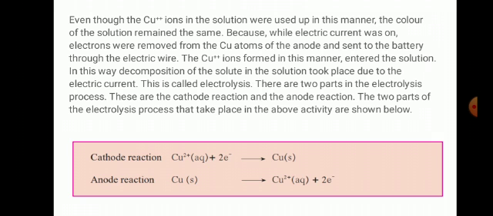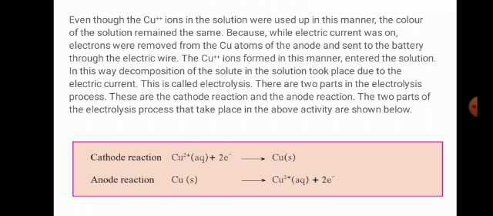Children, have you understood? Initially, copper 2 plus ions are formed by the dissociation of copper sulfate solution, and these copper ions are getting attracted towards carbon electrode, which is negative electrode, and copper atoms are deposited on carbon electrode. So you might be knowing that ions, oppositely charged ions, are formed due to dissociation of salt, and the ions are attracted towards the oppositely charged electrode.